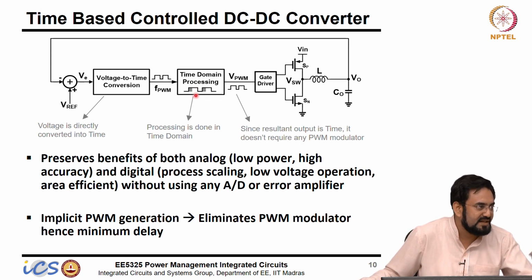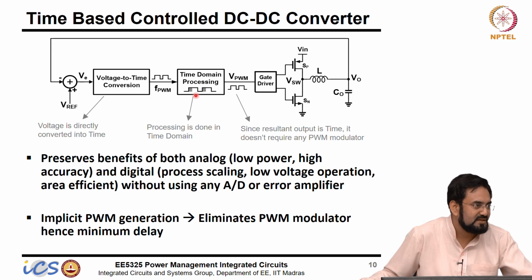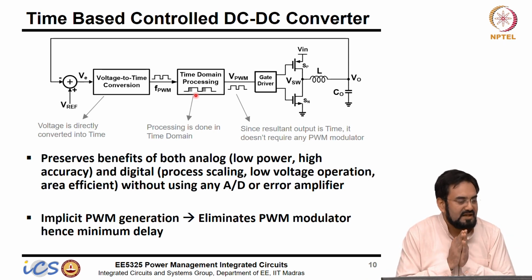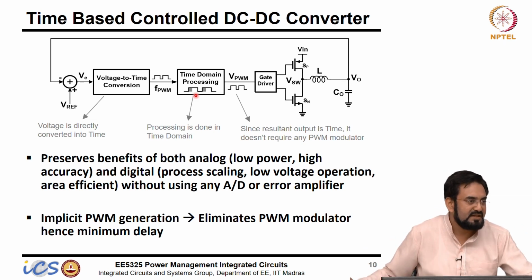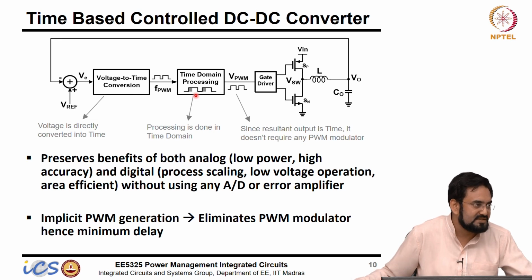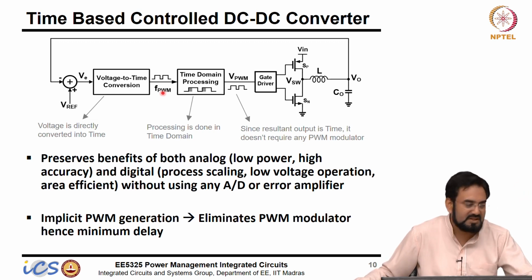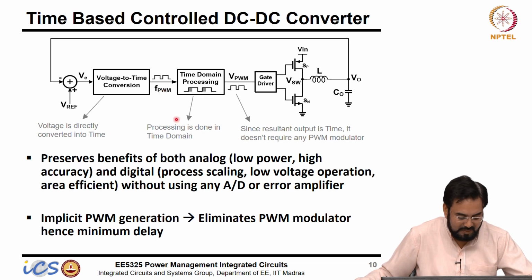So let's say for the integrator we required a very large capacitor. Here you don't require that capacitor at all. So all those PID compensators can be designed without using any R and C, or very small R and C. In some cases you may require maybe on the order of 1 or 2 picofarad only, not more than 50 picofarad or 100 picofarad like we saw in the other case.